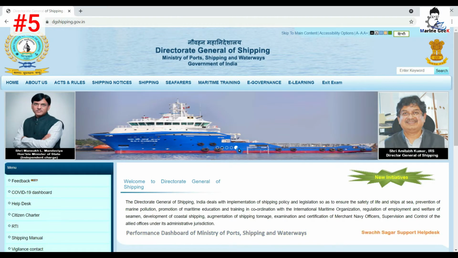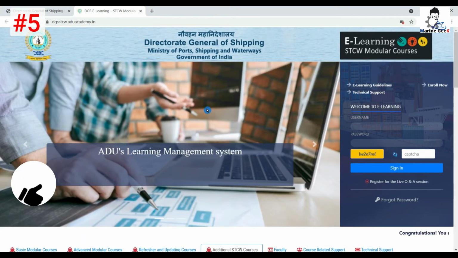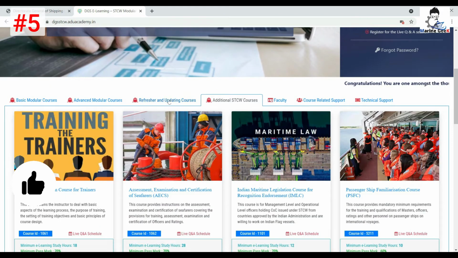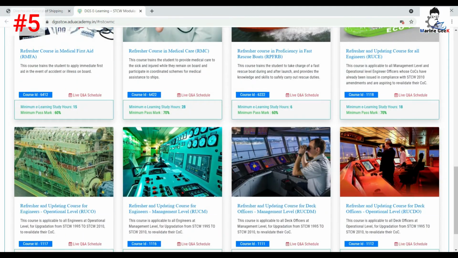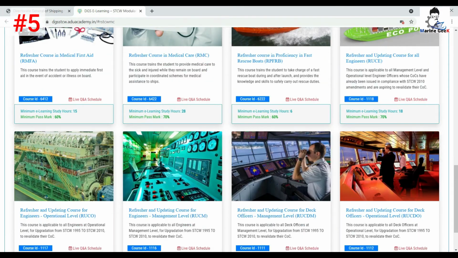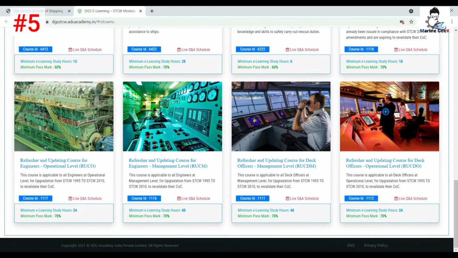The basic query was that when I'm going for the e-learning of this particular course for my COC revalidation of engineers, you can see in the refresher tab, and when I scroll down for the same revalidation, refresher and updating course or RUC, you will be able to see there are 3 different course IDs. Now this creates confusion. We will sort out this particular query right away.